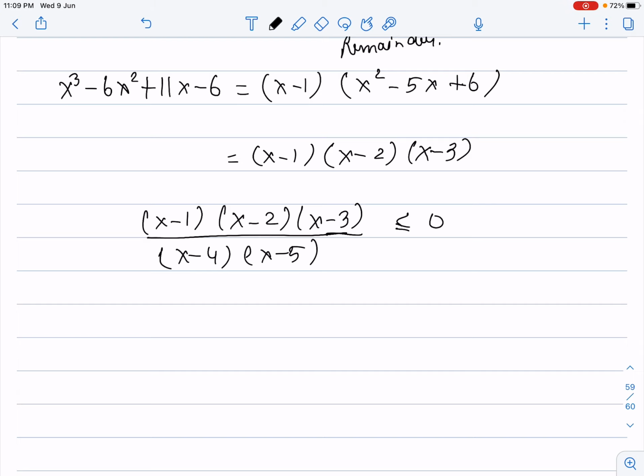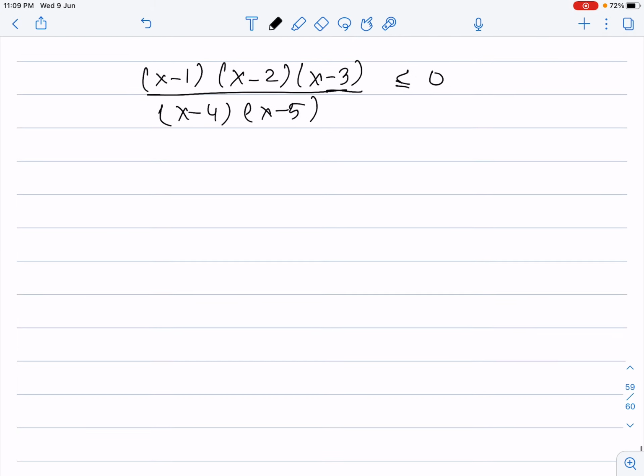Now you might be wondering, sir, what to do next to it? You would have to plot all the critical points on the number line. So what all critical points have been achieved by you? 1 is achieved, 2 is achieved, 3 is achieved, 4 is achieved, and 5 is achieved. Now guys, such type of question, whenever it is given to you, alternate up and down will be coming, okay? So whenever I keep 6 in it, it will be positive. So the right hand side is always positive whenever we have a rational inequality, okay? You may remember this thing.